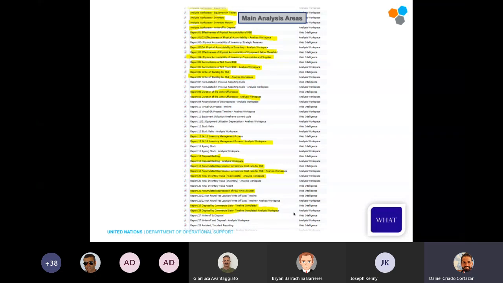In terms of main analysis areas, I want to draw your attention to the analysis workspaces. You don't see any number in the report here. In the fifth row, you see report number 1, and it goes in sequence until report number 28. But the first 4 or 5 records over here, the first 4 or 5 reports, are analysis workspaces,